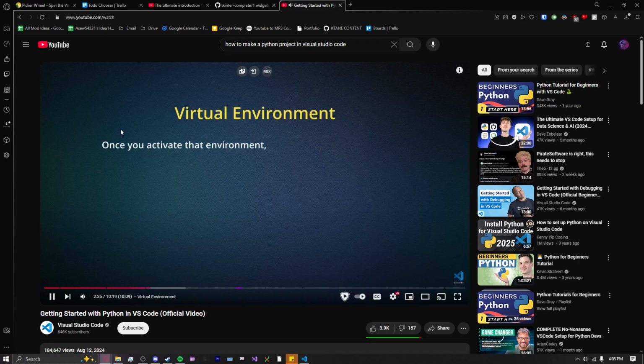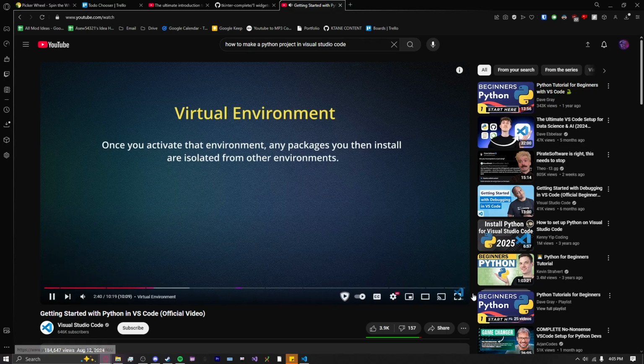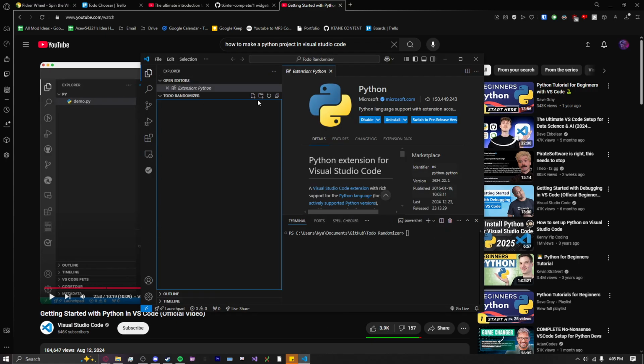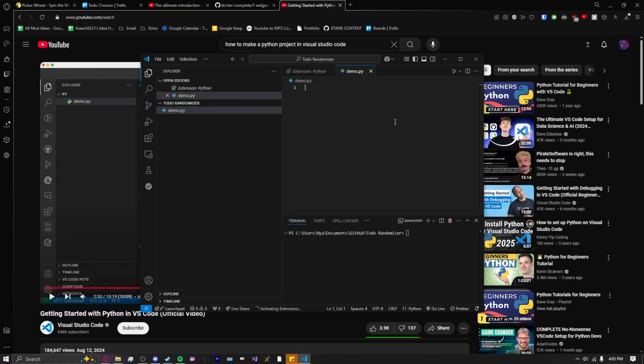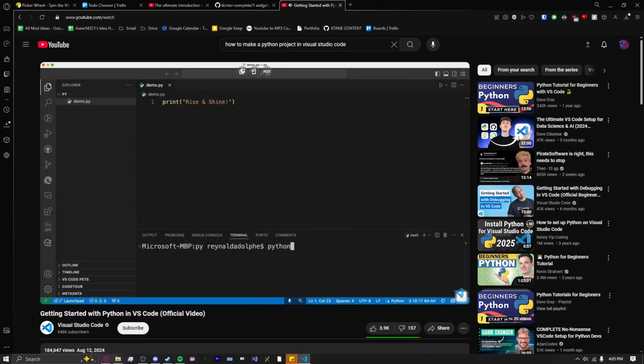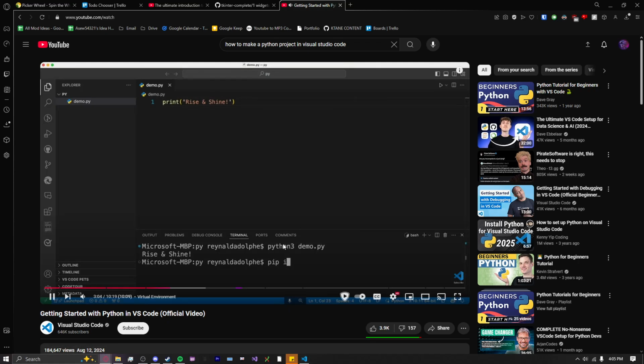environment. Once you activate that environment, any packages you then install are isolated from other environments. So let me get started by creating a file that we'll call demo.py and just add a simple print statement. We'll save that and test it real quick by typing in python3 demo.py. Perfect. Now if I wanted to add a package related to Discord, common